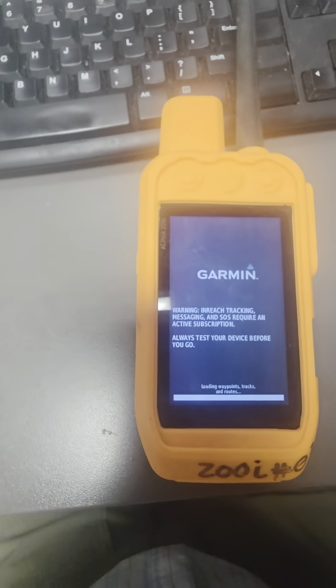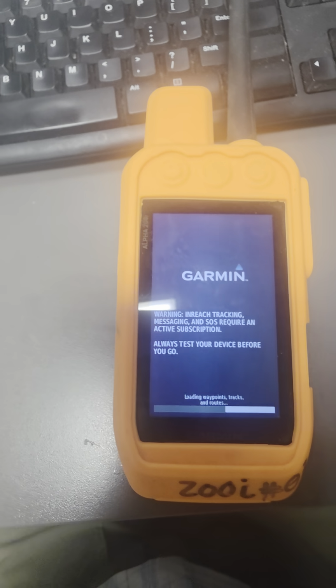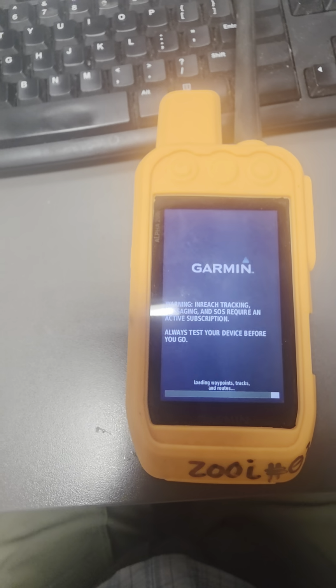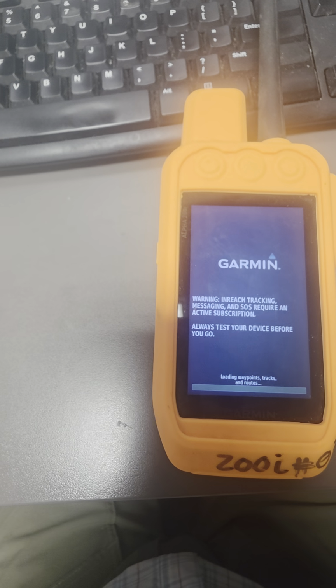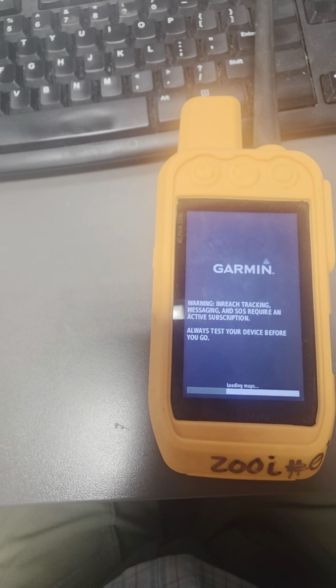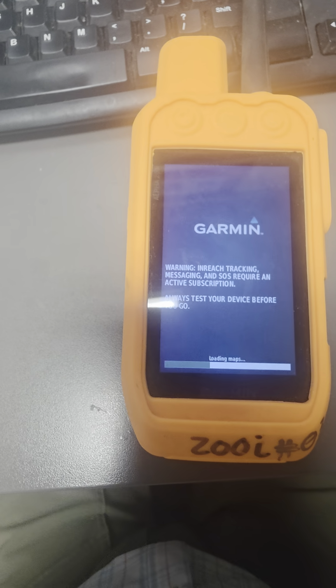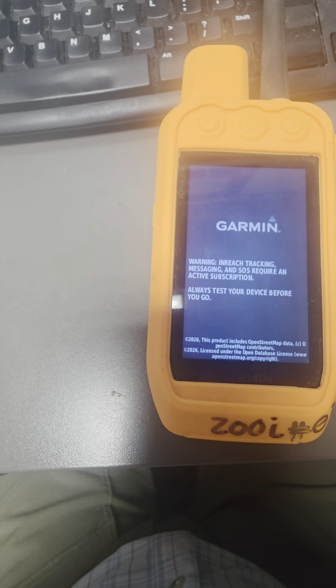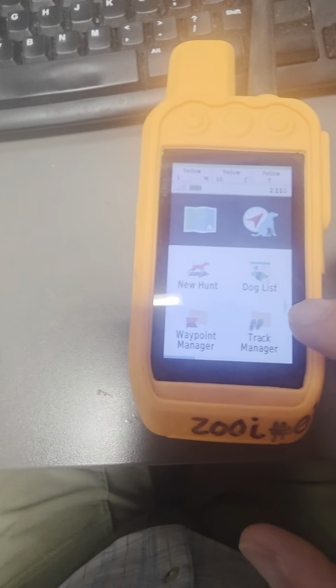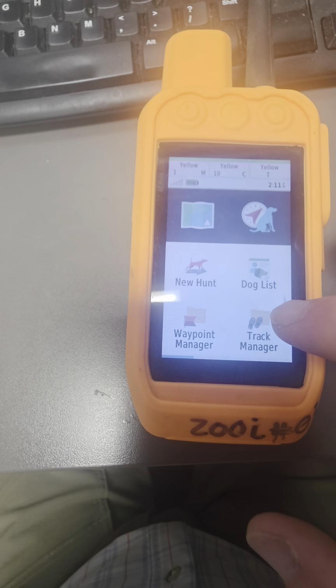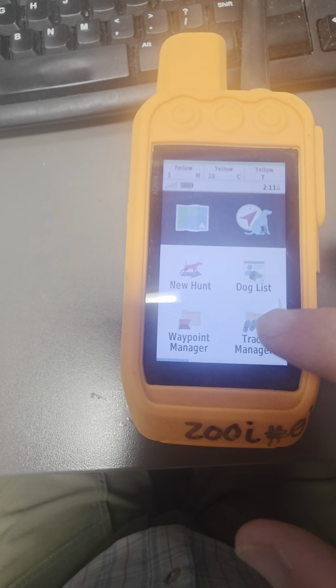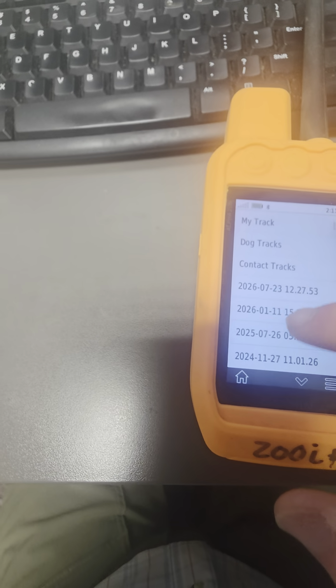There, that's a little bit better. Wait a second while it loads. And what you'll want to do is go into the track manager to look for those tracks. So there on my home screen, I got the track manager. If I go there,